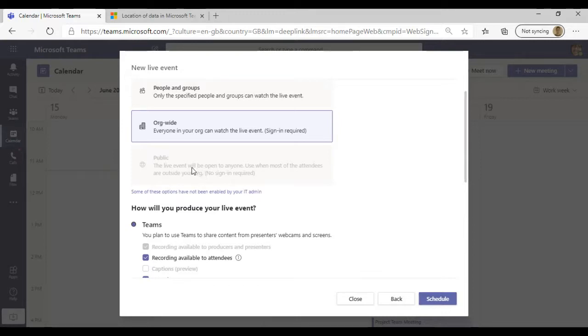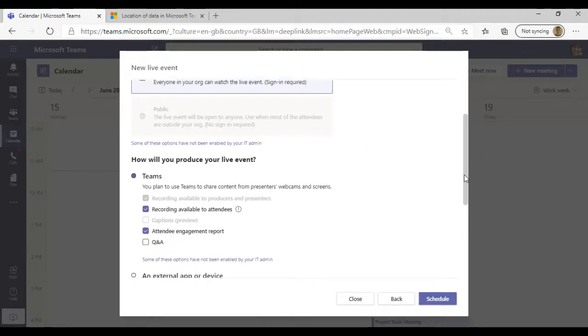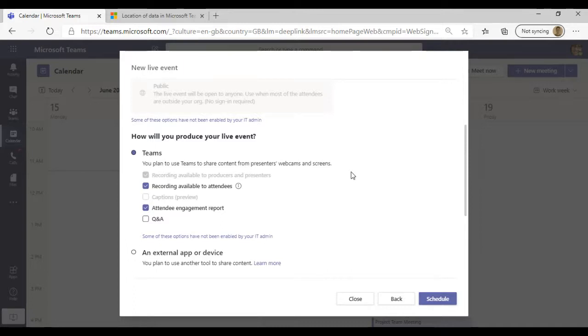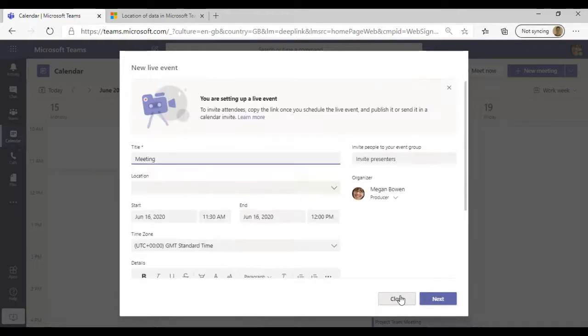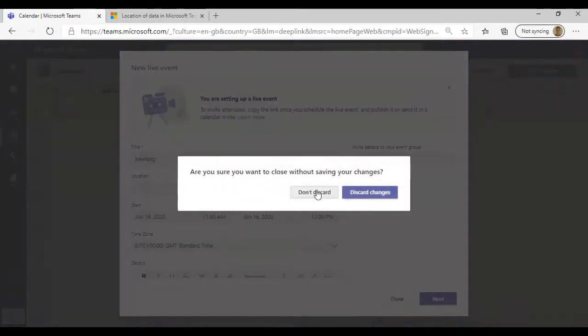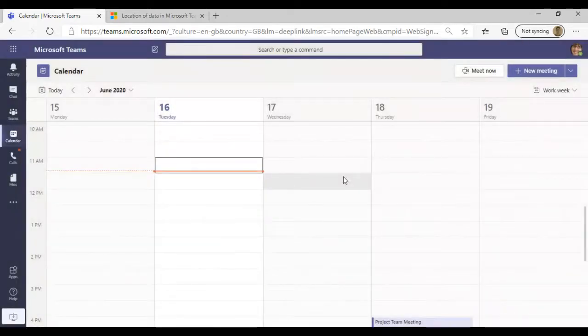So once you've done that, you then have some resources that you can enable. So you would have the ability to set this up as a public, i.e. anybody can attend. And there are some additional resources that you can actually see as well. So for example, you might want to enable something like a Q&A function, or you might want to see actually who out of my business has attended the monthly update, because I want to track that over time to see who is getting those key messages. I might want to have that recording available to the attendees. So there's a number of kind of different abilities that you have as a live event, but it's a massively underutilized tool when it comes to Teams. But best practice would be, if you're having something like a company-wide update, to use that functionality.